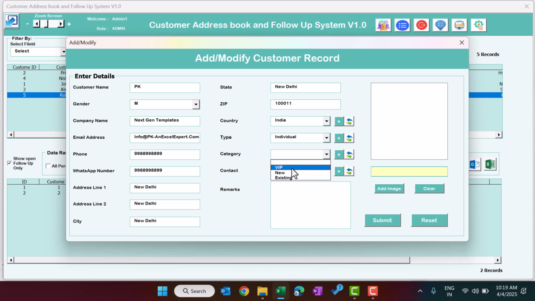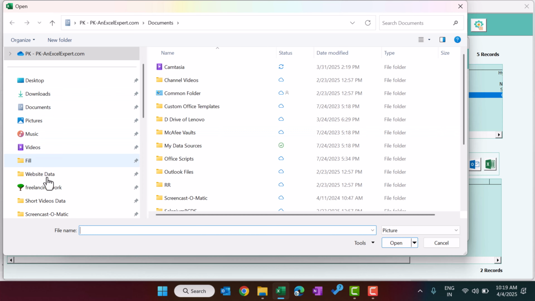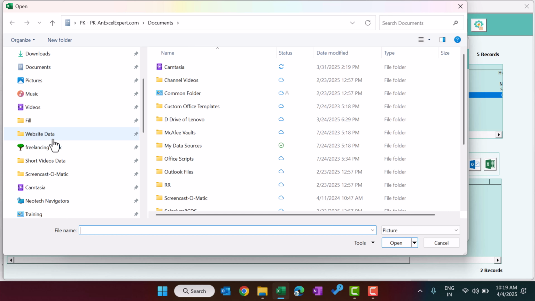Okay, so let's say I'm taking here some random information, test remarks. You can add the image also. That is not mandatory, but if you want to add the image of the customer, you can add that. So how can you add the image? Just click on add image and you have to select one JPEG file of the customer. Okay, so let's say I have put one image here